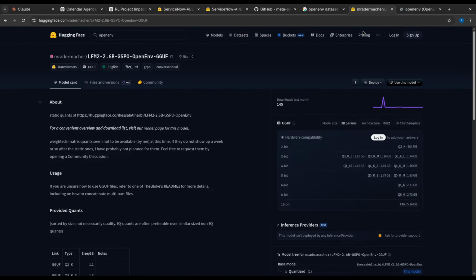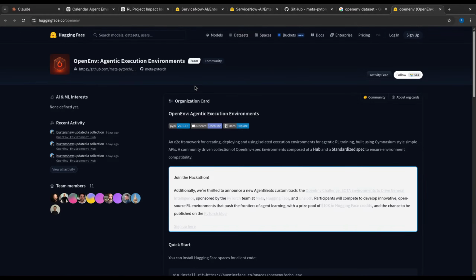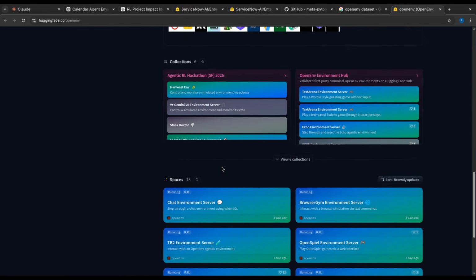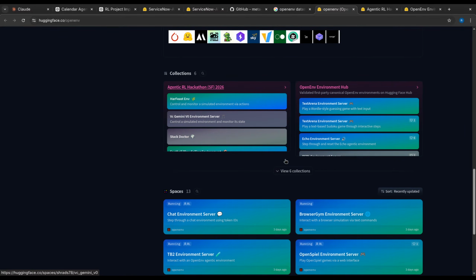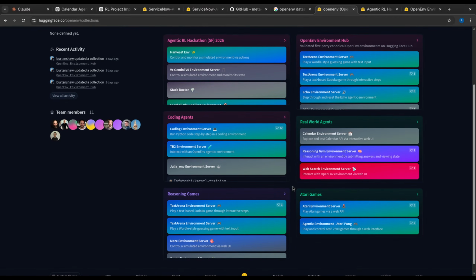This looks like where I wanted to search. Where was it? Okay, they have a collection for it. Agentic RL HF, OpenAI, coding agent, real world agent, calendar environment service. Okay, they have it. They have this thing.